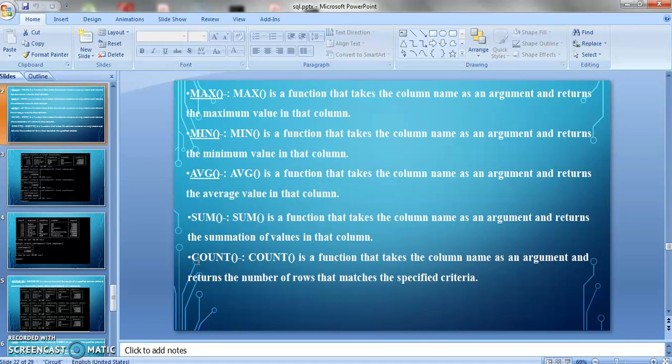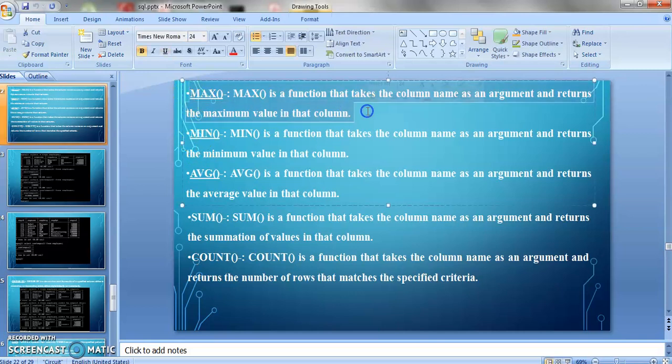The first aggregate function is max. So what is max? As the name suggests, max is a function that takes the column name as an argument and returns the maximum value in that column. So the user will put the column name as an argument in this parenthesis.